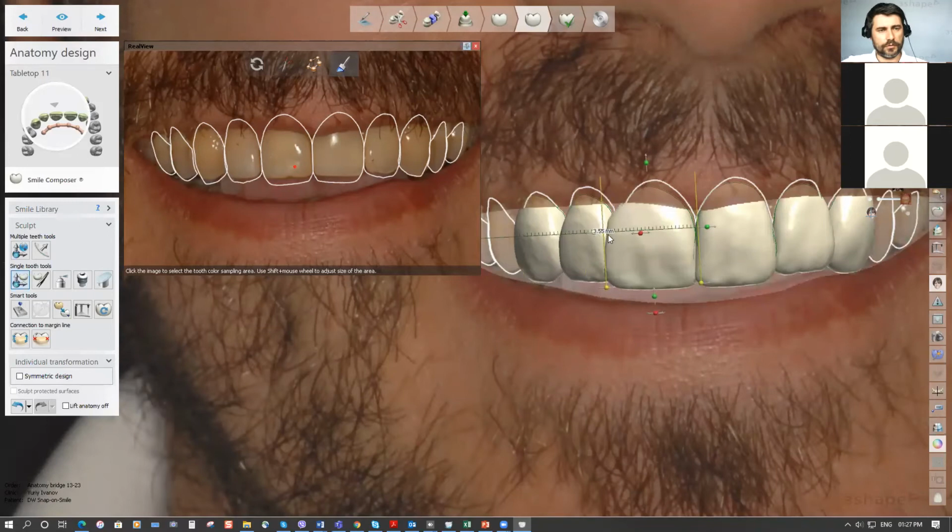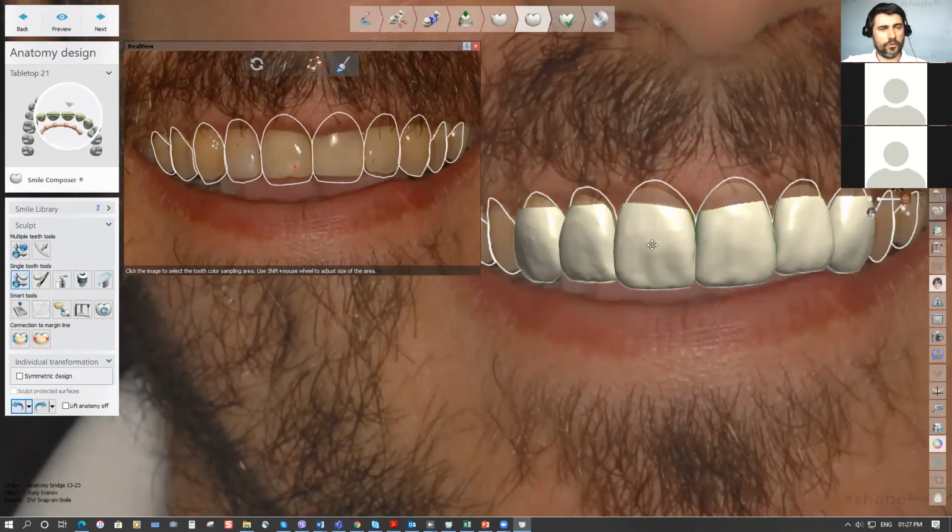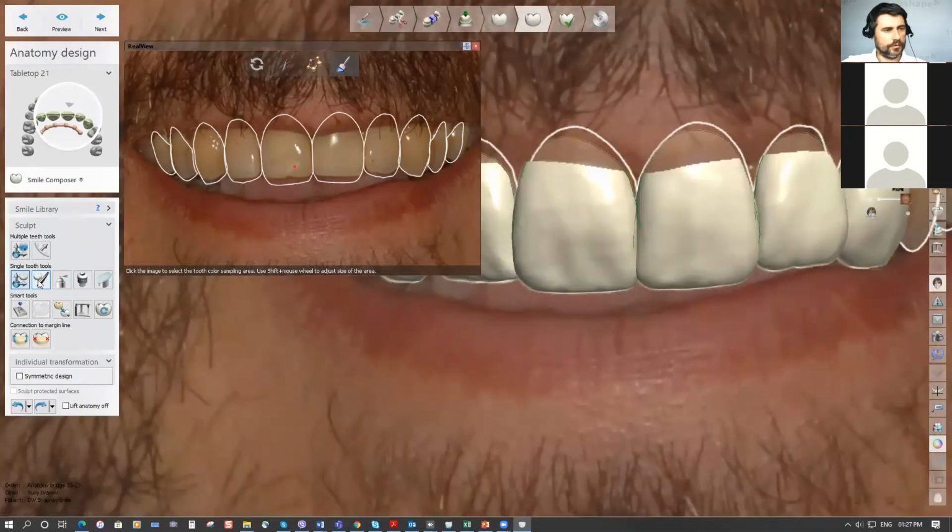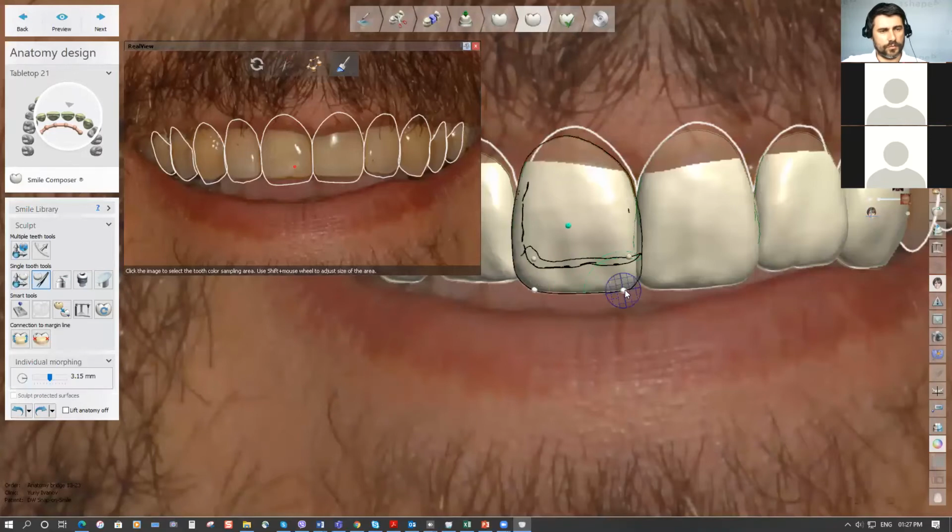You could see I could play with the shape of the tools and size of the tools here, using the global transformation, individual transformation, morphing tool, wax knife. Let's use the morphing tool, for example,